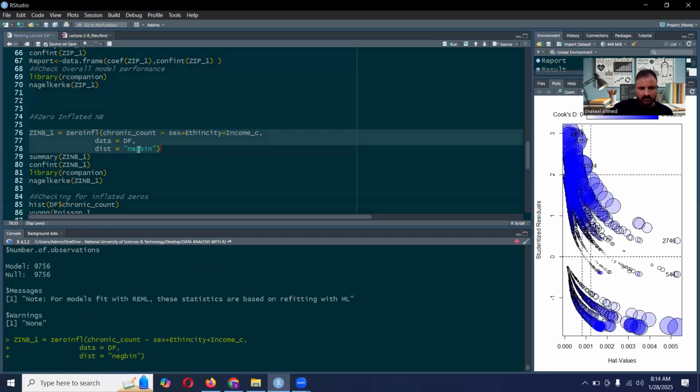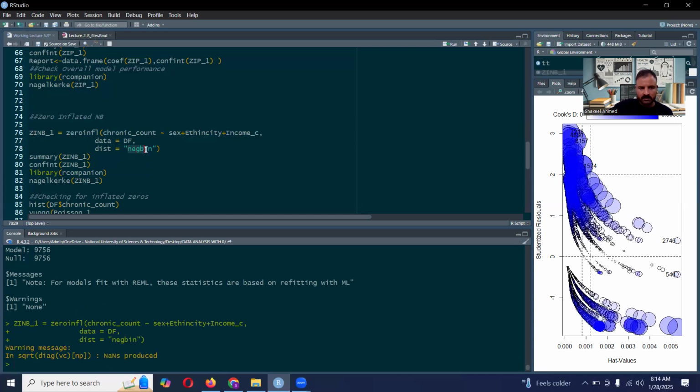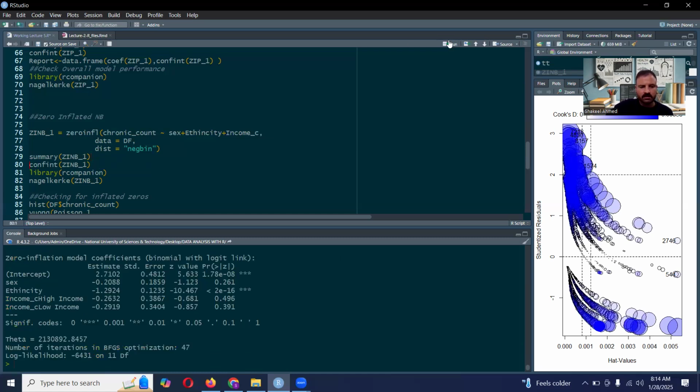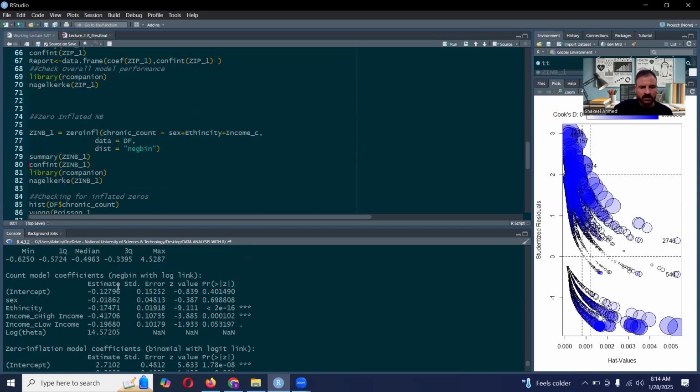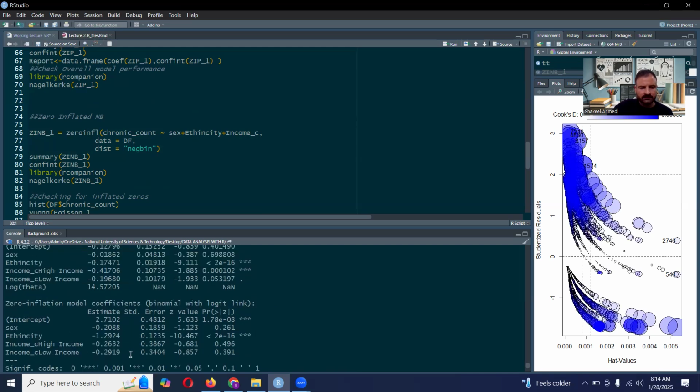We are just changing negative binomial, NEGBIN, by Poisson. And it's giving a warning. It means the diagonal of the variance component is, I think, negative. So the calculation may suffer from a problem, but we are still having a result, which is the result of negative binomial, and this is the result of